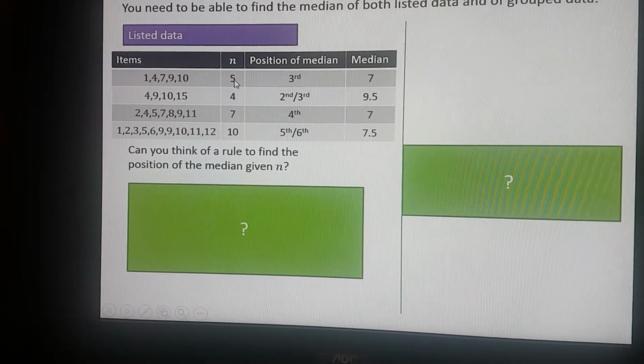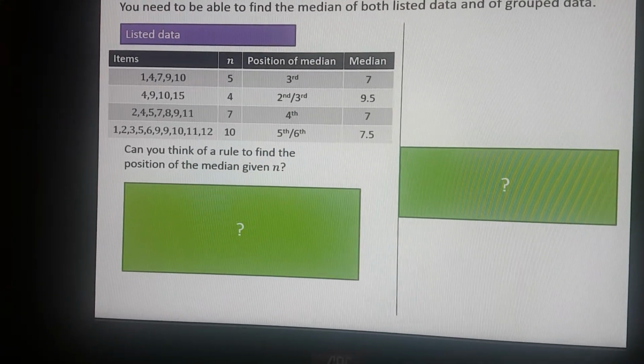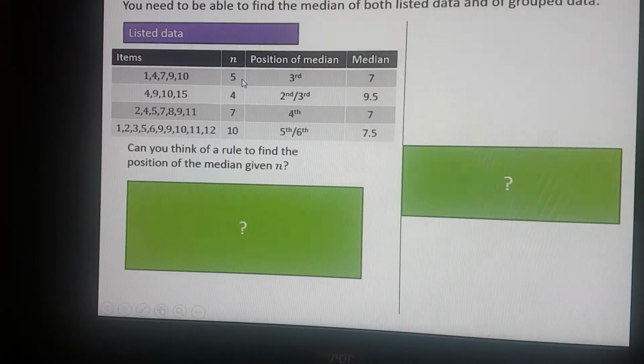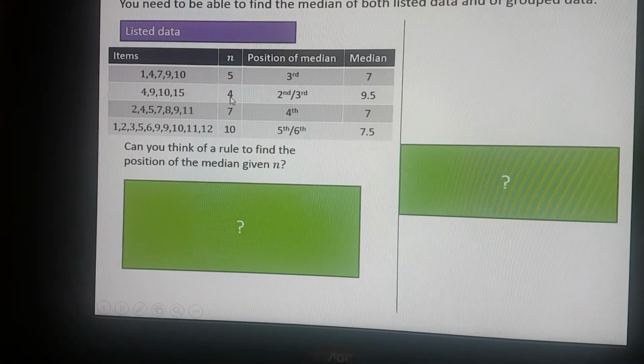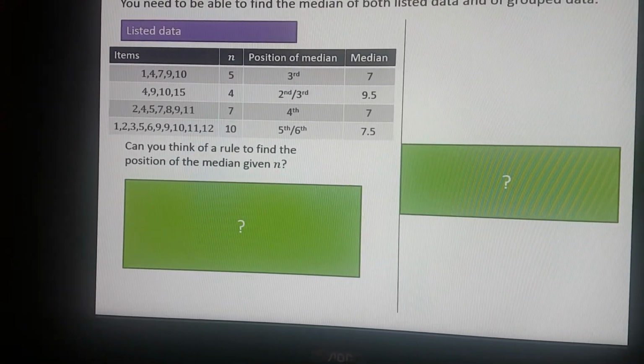Okay, so we divide n by 2. 5 divided by 2 is 2.5. If it's a decimal number, we round it up to 3. If it is a whole number, for example 4 divided by 2 is 2, we take this n divided by 2 and